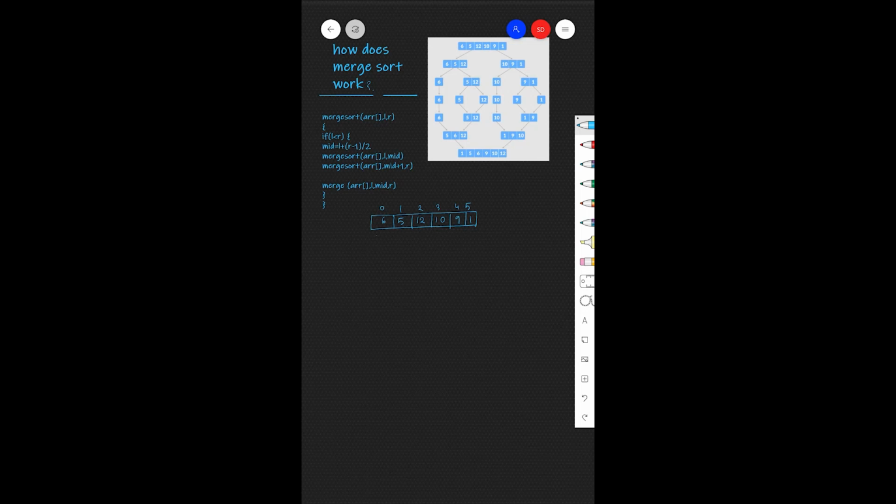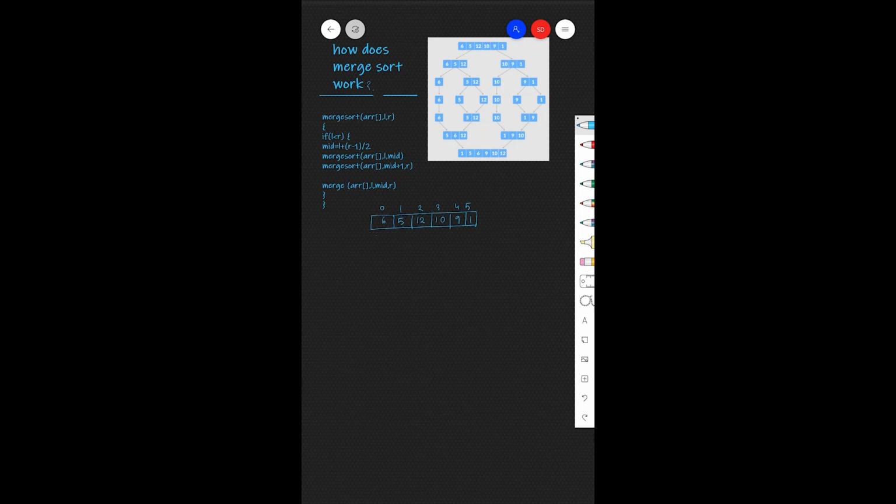In this video, I'll be taking an example of merge sort and we'll see how merge sort works. So basically merge sort is based on divide and conquer strategy. The divide and conquer algorithm works by recursively breaking down a problem into two or more subproblems of the same type until they become simple enough to be solved directly. The solutions to the subproblems are then combined to give a solution to the original problem. Now let us work through an example to understand the merge sort technique.